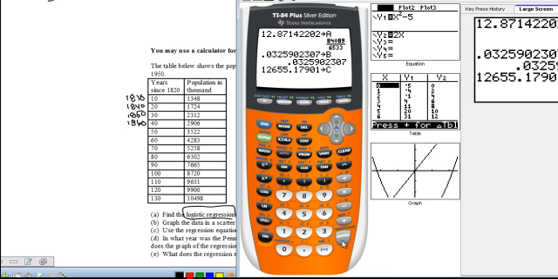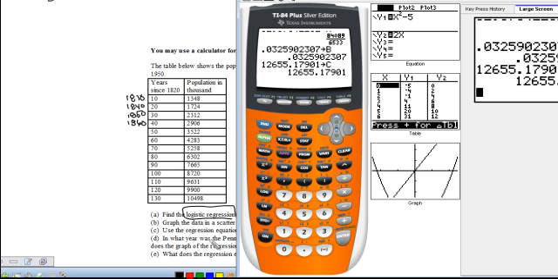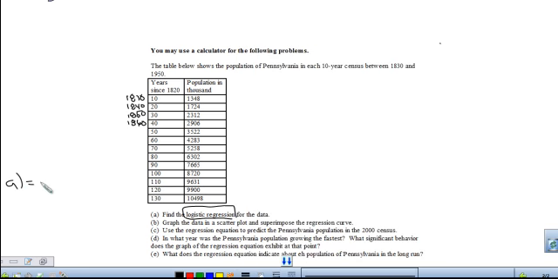Finally I'm going to store my C. So my logistic equation for part A is going to be y equals